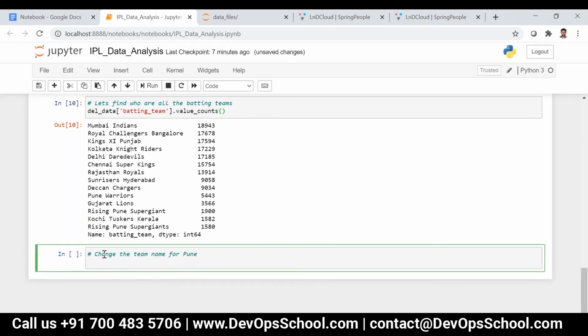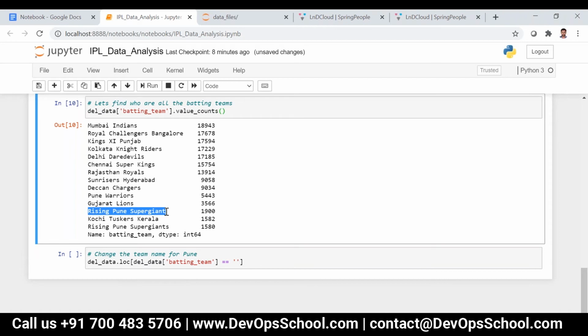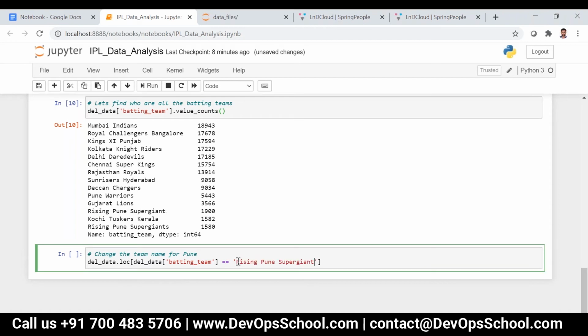So I can just write del data dot loc, delivery data of batting underscore team, wherever it is Rising Pune Super Giant, and then I modify batting underscore team equal to Rising Pune Super Giants, like this.